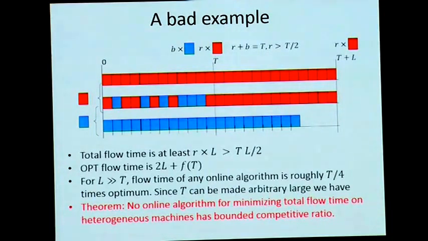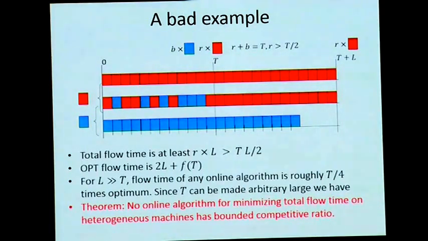Now, I'm not talking of any specific online algorithm here, note. I'm talking of any online algorithm. The only thing the online algorithm doesn't know is which kind of jobs the adversary is going to release at this time. If there were more blue jobs outstanding at this time, then the adversary would have released blue jobs here. Because there were more red jobs outstanding here, it released red jobs.